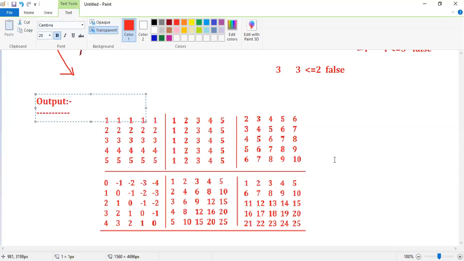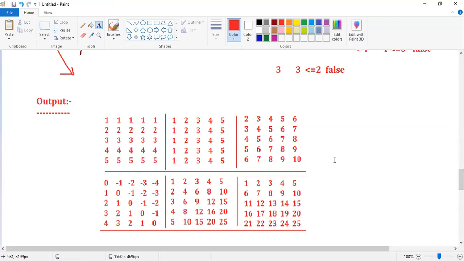Means total how many programs here? Totally 6 programs are there. Everyone check, guys.